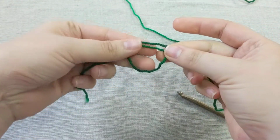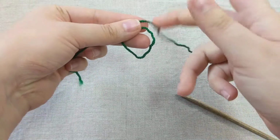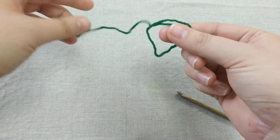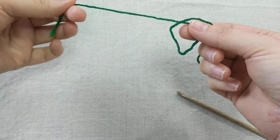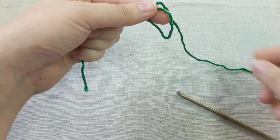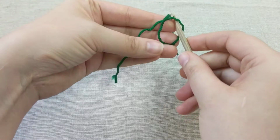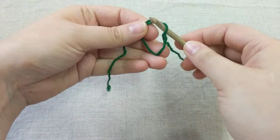So this loop should be situated so that you have your working yarn to the right and your tail end to the left. And your tail should be like 3-4 inches because it's going to get a little bit longer when you're done. So you're going to take your hook and insert it into the loop, pull the working yarn